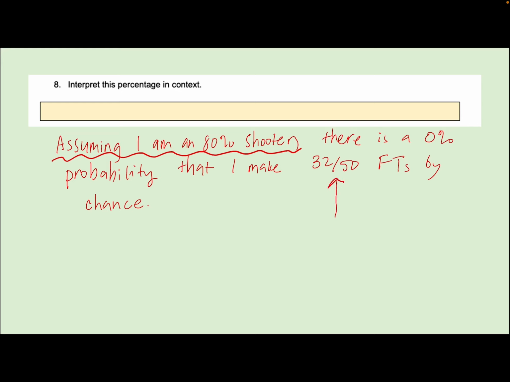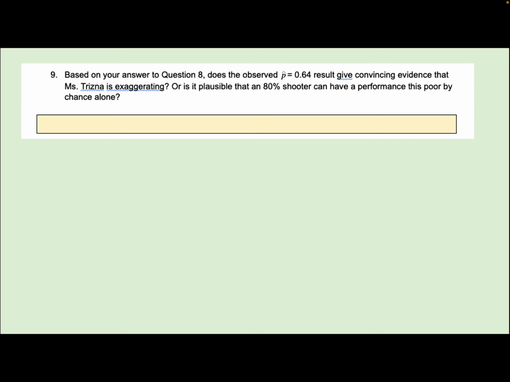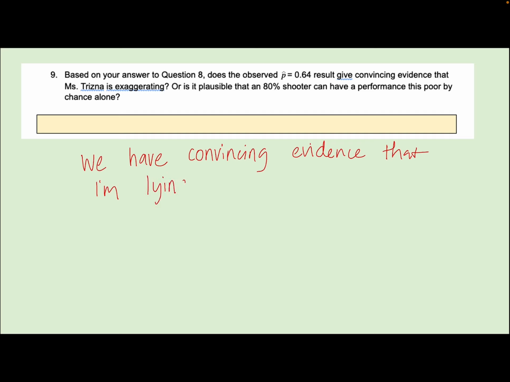Interesting. Okay, I want you to look at question 9 and try to come up with what conclusions we can make. When you're ready, hit play and we'll walk through that one together. Okay, so for this, we have convincing evidence that I'm lying, because 0% is less than 5%. 5% is our cutoff for convincing evidence.